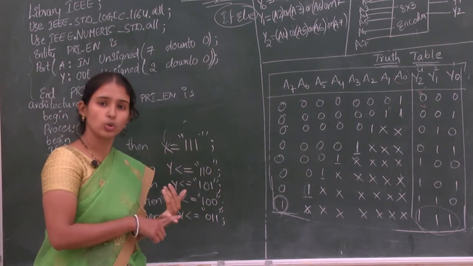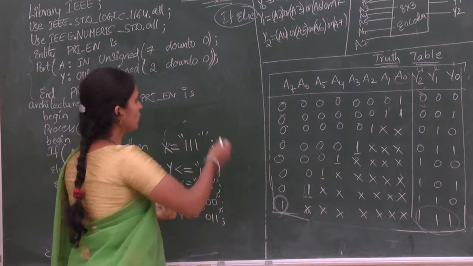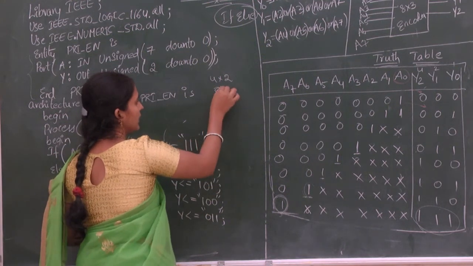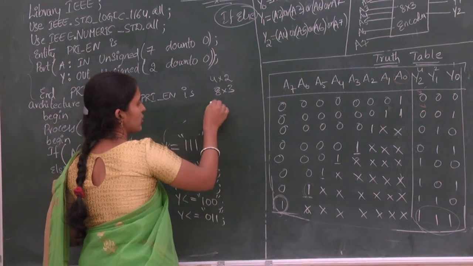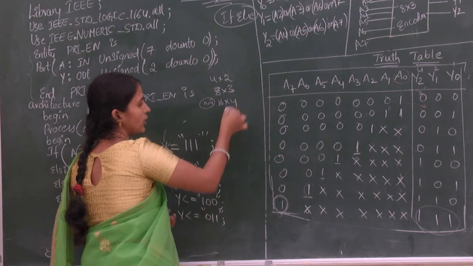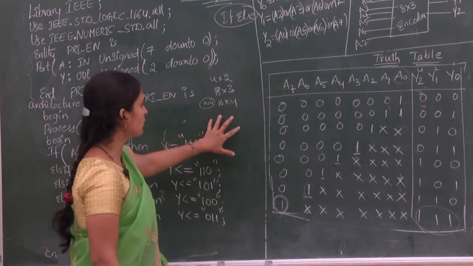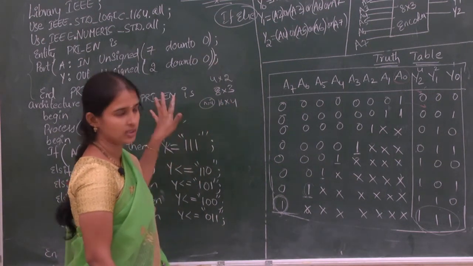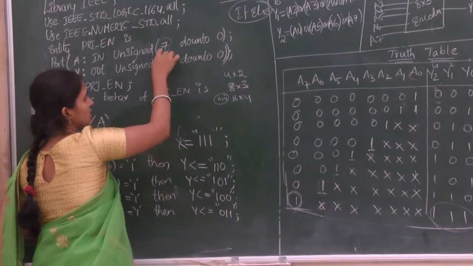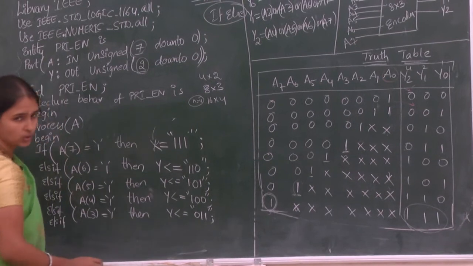What about a 4 to 2 encoder? You can use a 4 to 2 encoder also, just like the 8 by 3 encoder. If n is equivalent to 4, it is nothing but a 16 by 4 encoder. For any number of inputs you can write the code the same way. You just have to differentiate: there will be a difference in the inputs and a difference in the code.